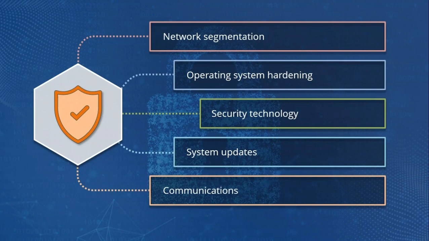Communications. You have to talk. This goes back to our concept of collaboration. The different teams have to communicate so that everyone is aware. This is particularly important when dispersing cyber threat intelligence information. Everyone has to know if there's a phishing scam going around. It doesn't help if only the security team knows about it, but the actual normal employees don't know and are susceptible to it.